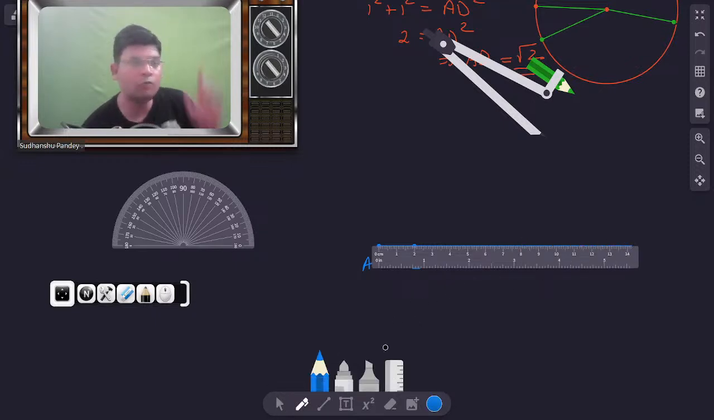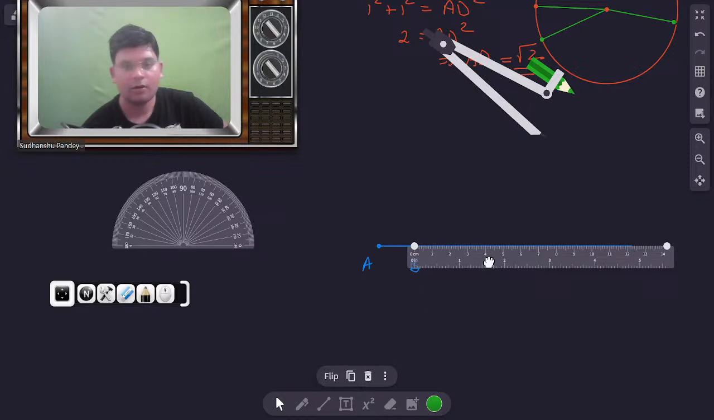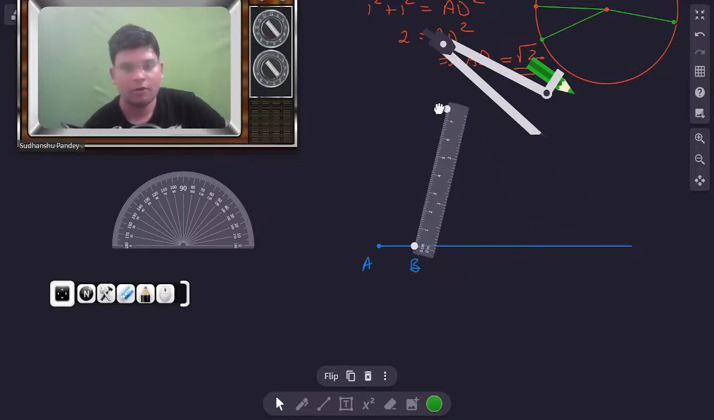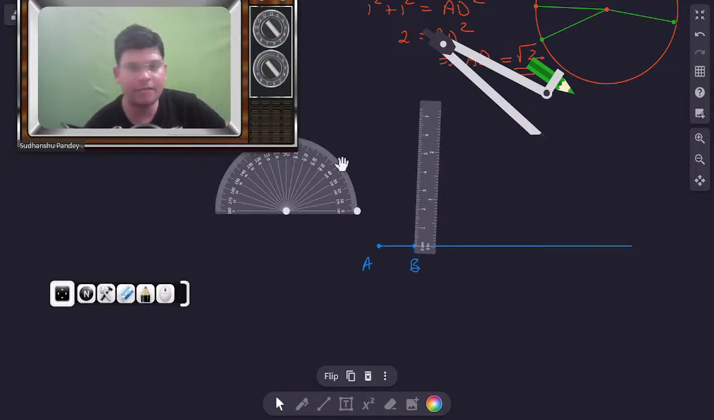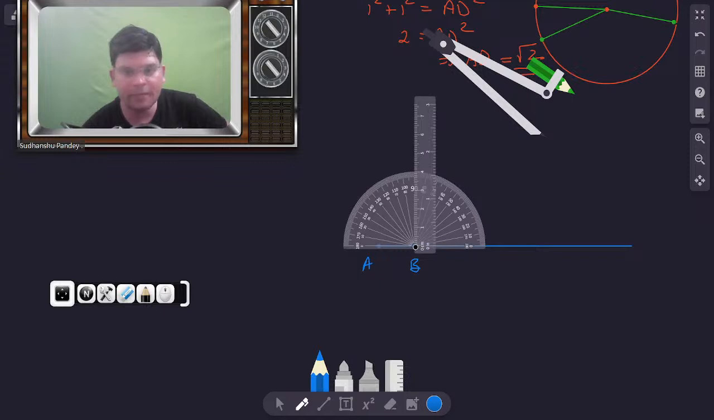So we draw the main line segment AB of 1 centimeter. All right. Now from this B, what we have done is we have made 1 more centimeter with a 90-degree angle. So I am aligning it. So 1 centimeter means from here to,